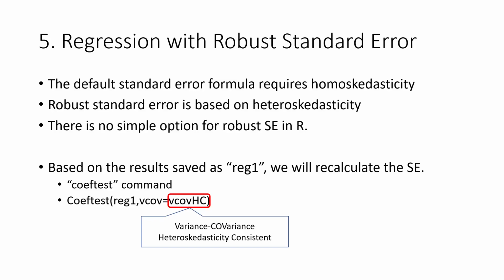In economics, it is really common, but I realized that in statistics, heteroscedasticity is not as seriously considered as in economics or econometrics. So I found it really hard to implement this in R. In Stata, which is more economics friendly, it is pretty straightforward. There is a simple option. But in R, we have to use a separate command. And that is why I deleted